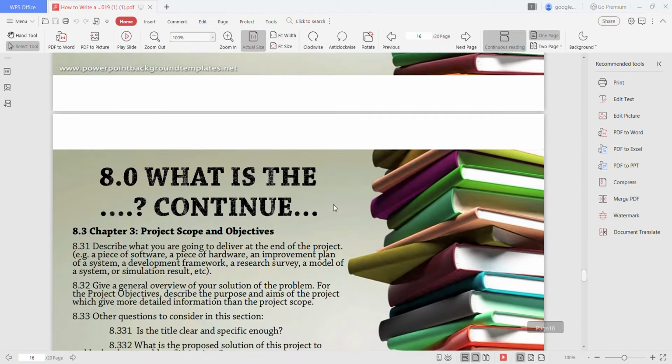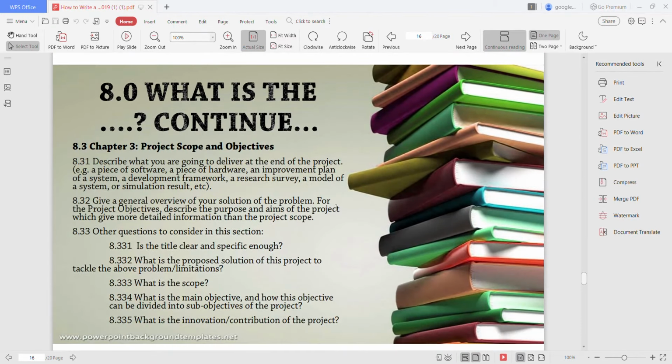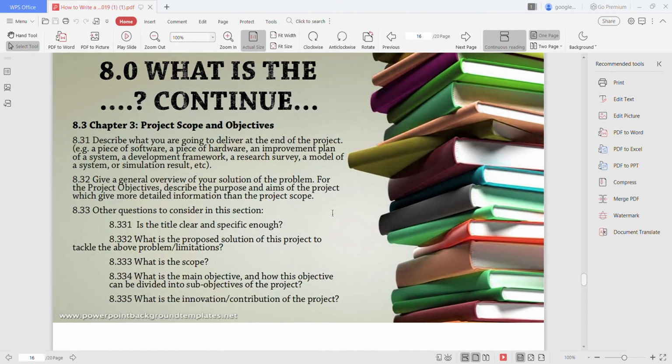Alright, so chapter 3, project scope and objective. Okay, I have discussed this before in the previous slide. Describe what you are going to deliver at the end of the project. For example, you want to do software development, or you want to do hardware, improvement plan of a system, development of a framework,